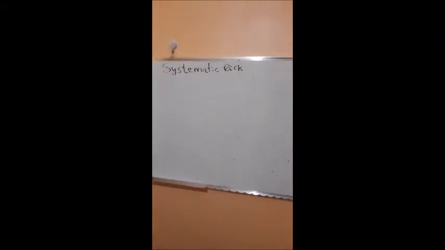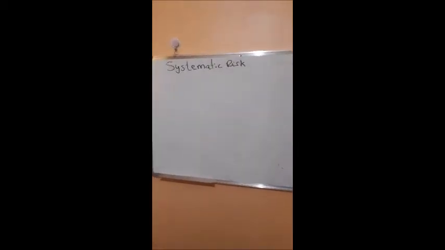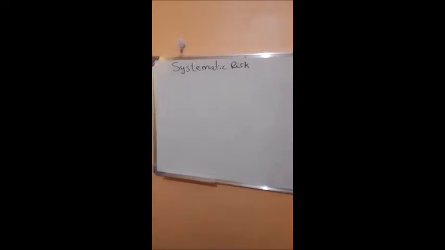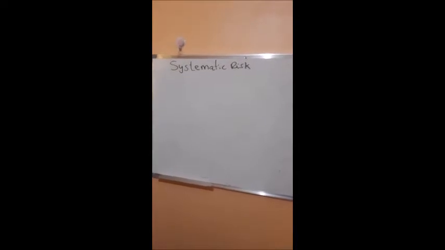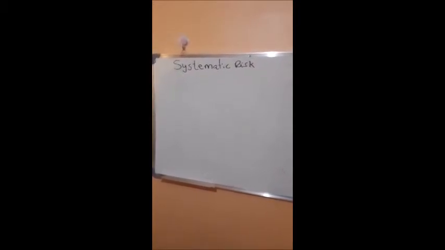Okay, after we've seen how to calculate the total risk, which is measured by the standard deviation, and also how to calculate the relative risk, which is measured by beta coefficients, now let us see how we can calculate the systematic risk. The systematic risk, we say, is a risk which reflects or is associated with the market movement. So this is a risk which affects all investments, all shares in the market. Now we want to see how we can calculate the systematic risk.